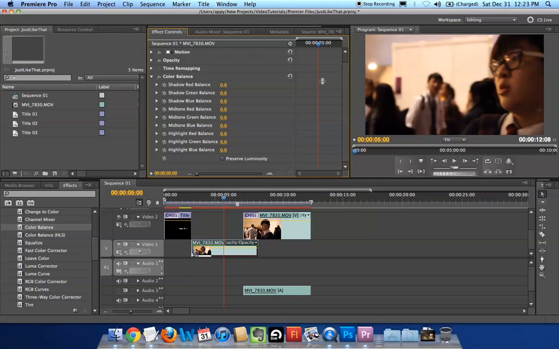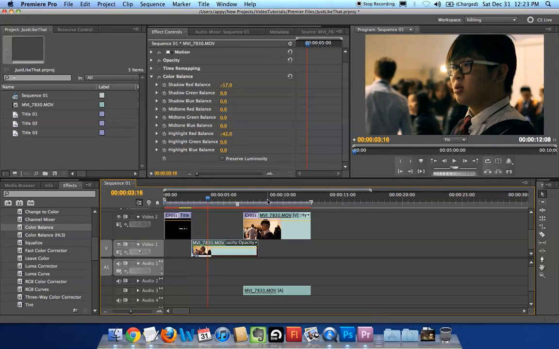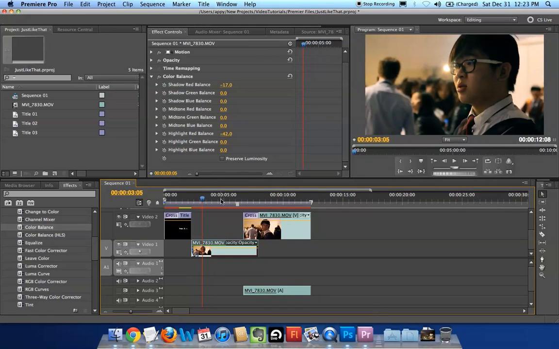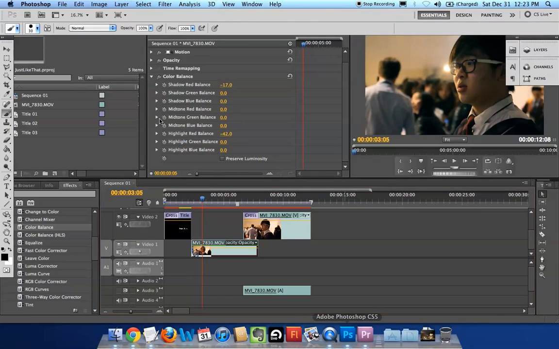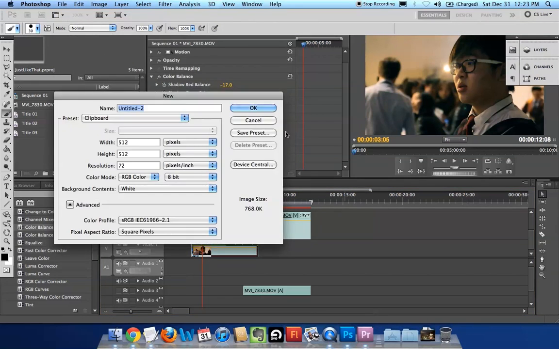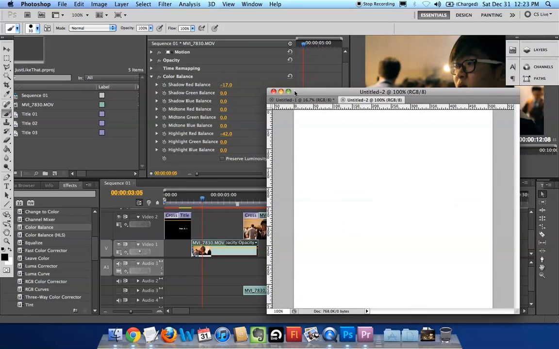For example, this has a yellow tint, so I'm planning to add something from the other end of it, like I'm reducing the red from this video. So I'm reducing the red so it gets a green tint, or in highlights again I can reduce red. The same video now looks very different. This is the actual color, and I have made it like this. Playing around with these parameters will give you a good idea, and if you don't have an idea of what you're changing here, you should be comfortable with Photoshop's color balance, because I'll just show you a simple example.